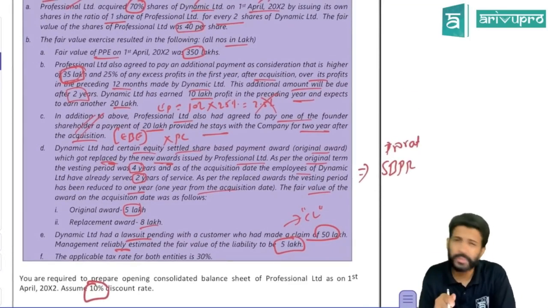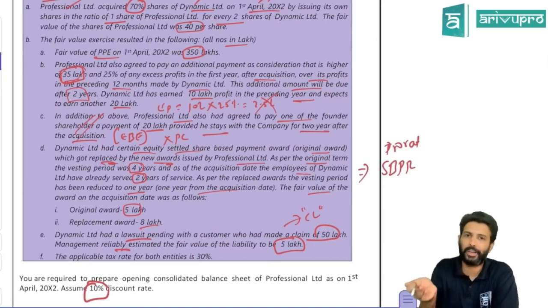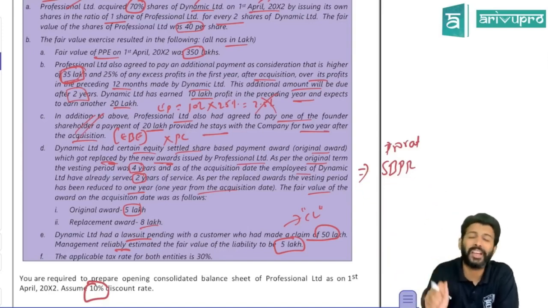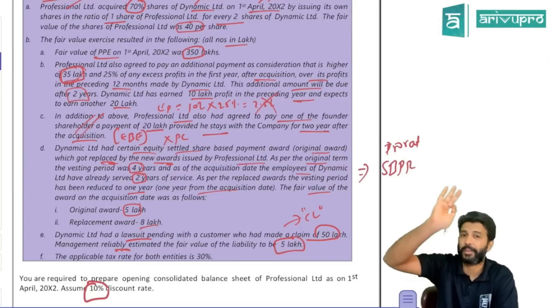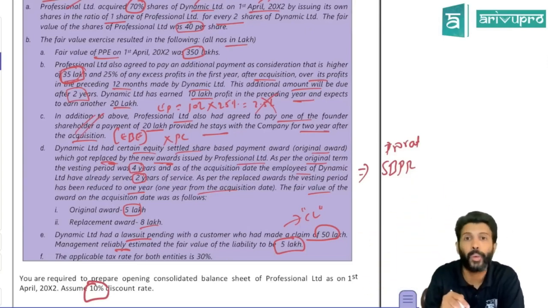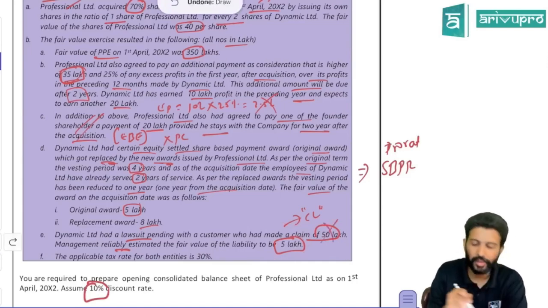But in business combination, we have already seen this is a recognition exception, right? Even though it is a contingent liability, normally contingent liabilities are not recorded, but only disclosed. But if you have done a business combination and the subsidiary company has any contingent liability, even this has to be recorded. At what value? Full value? No, at fair value. What is the fair value of this? This 50 lakh is irrelevant for me. We have to record 5 lakh.